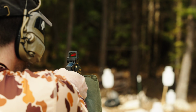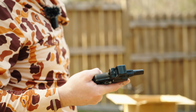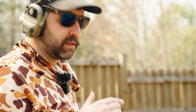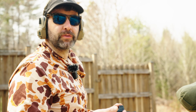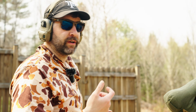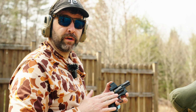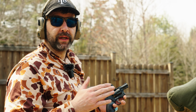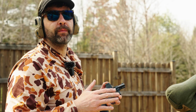I can't even tell where I'm hitting right now. So this is a Smith & Wesson 442. It's got like a 14, 15 pound trigger, and it's like a 4-stage trigger. So prepping that trigger is really hard. I ordered some Wilson Combat J-frame springs for this that should bring it to around, from what I've heard, 10.3